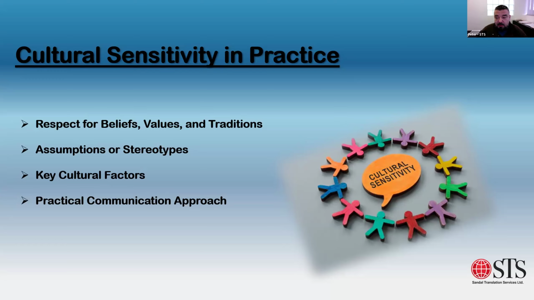Let's say there's a person that does not believe in modern medication, and the patient says, well, I'm always healing my wounds traditionally, and the doctors are totally unfamiliar with that. Well, they should still listen to the person. If it's not life-threatening or serious, they should respect those traditions that the patients have.